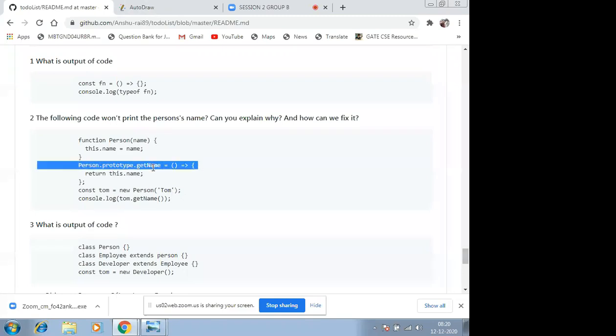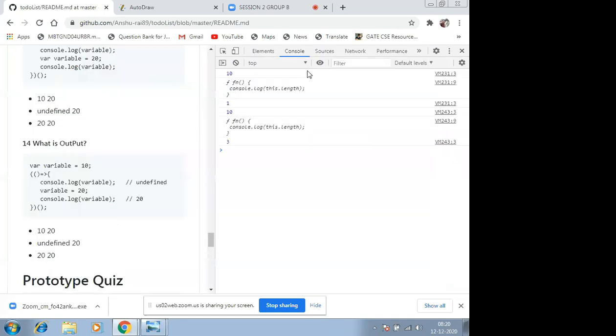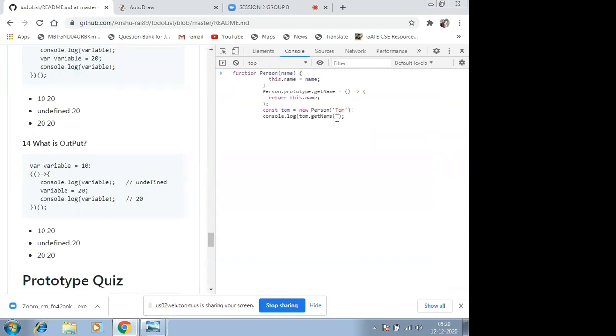Of course getName is there, and it is holding a function. Here, tom.getName won't give an undefined error. If I don't write a function call here and simply write it, let's see.